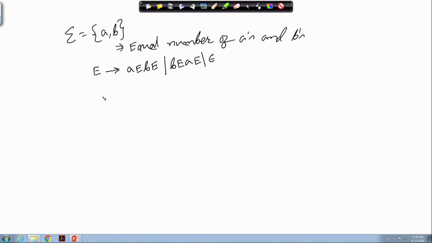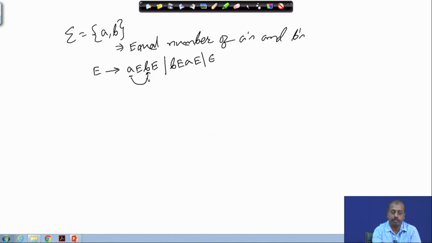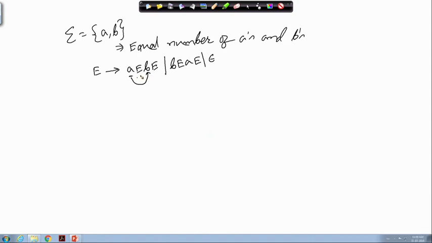Now, intuitively you can understand that the string can start with A or can start with B. If it starts with A, then there should be a matching B which corresponds to that. In between we have some string that has an equal number of A's and B's, and then after that the next B matches with this A, and after that we can again have a substring that has an equal number of A's and B's.